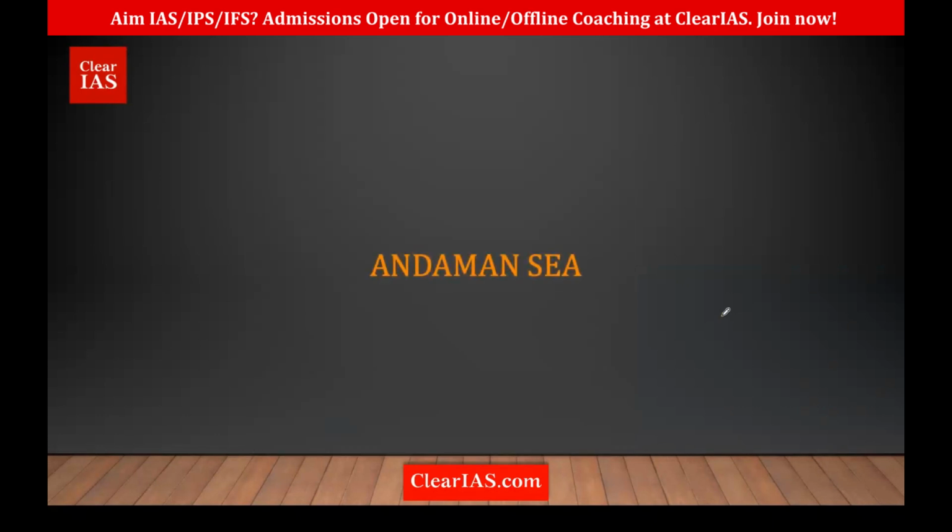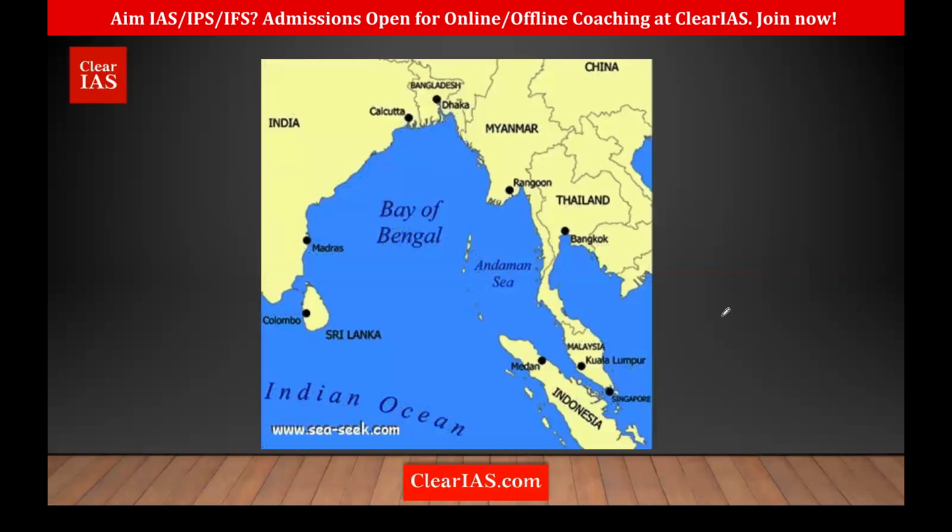Next is the Andaman Sea. This is also not that important, but just remember the location of the Andaman Sea. We might think the Andaman Sea would be near India, but no. You can see this is Myanmar, the Arakan Yoma would be here, and here you have the Andaman and Nicobar Islands. On the west side we have the Bay of Bengal, that is between India and Andaman and Nicobar. And between Andaman and Nicobar and Thailand, we have the Andaman Sea. So it's not on the India side, it's on the other side of the Andaman Nicobar Islands.